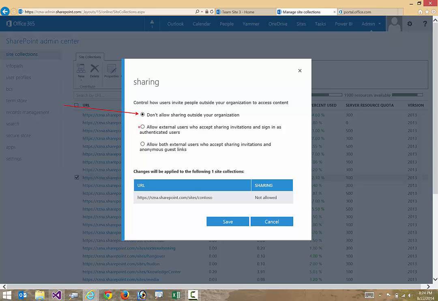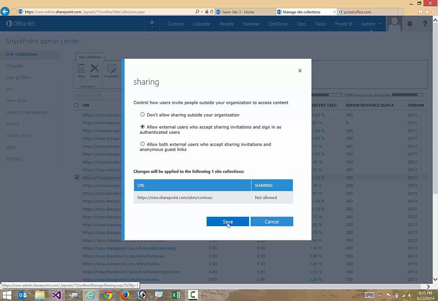One is I will allow external users, but they have to be authenticated. So that's the second option. And then finally, there's the get a link option, where as long as they have a link to that content, a unique link, then we'll give them access to those files. And of these 3 options, we're really, for the most part, going to be looking at option 2, which is really how Microsoft internally has it set up. We have it to where we can share most of our SharePoint Online content with external users, but they have to be authenticated. So for me to turn on external sharing, I could simply select this middle checkbox, click Save,